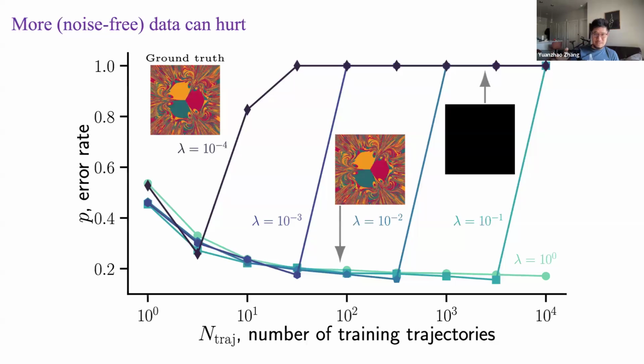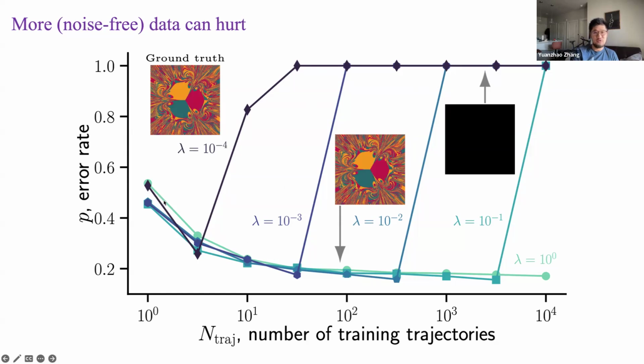The exact same setup as the first part. So we have NGRC, and we are equipping it with the exact nonlinearity for the magnetic pendulum system. And we give it different amounts of training data, measured by the number of training trajectories here. And we ask it to predict the basin structure. And we measure the performance using the error rate P, basically, how often you predict a wrong basin for an initial condition. Okay, so what you can see here is that different curves correspond to different regularization strengths in the